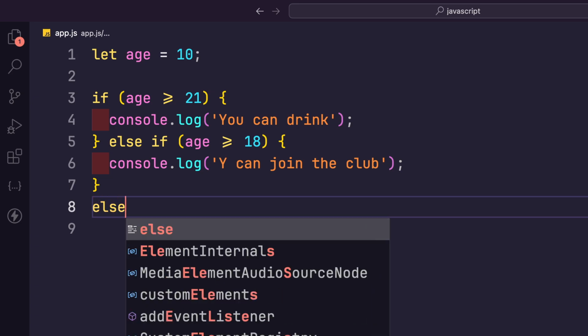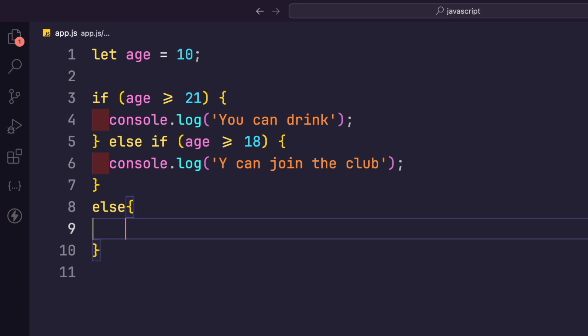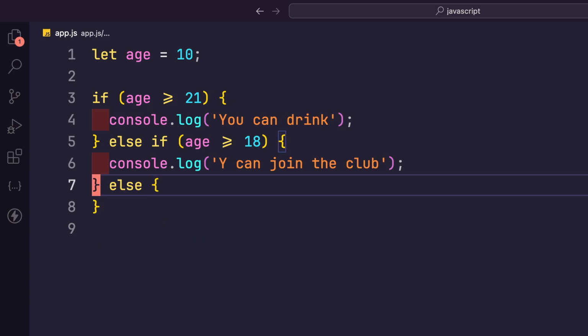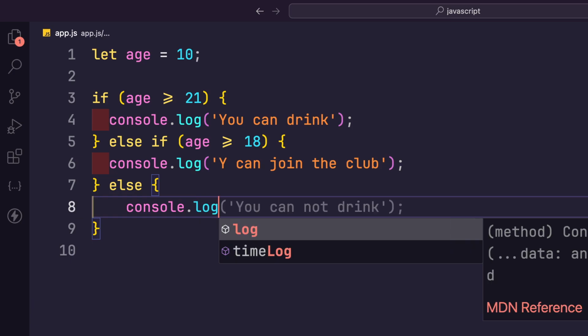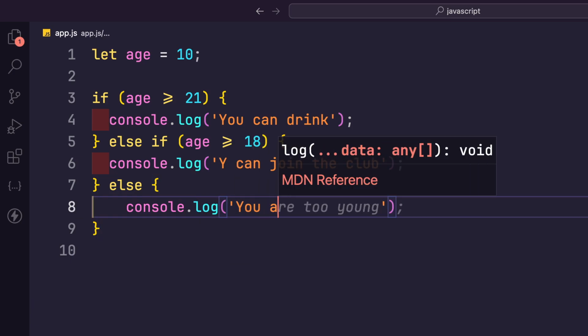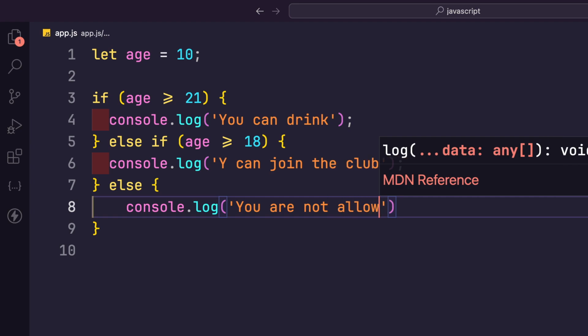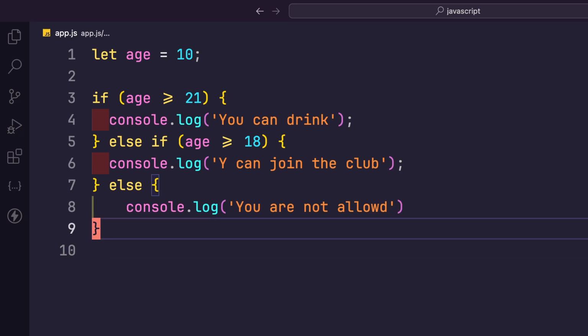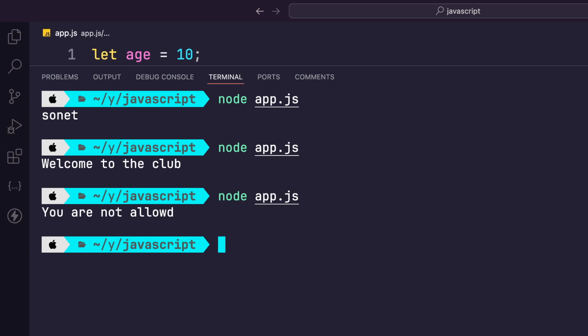Else, it means you are under 18. Then console.log "you are not allowed." So now if I run the code, what is going to happen? You are under 18, right? So this code should work: "you are not allowed." So if I run it,